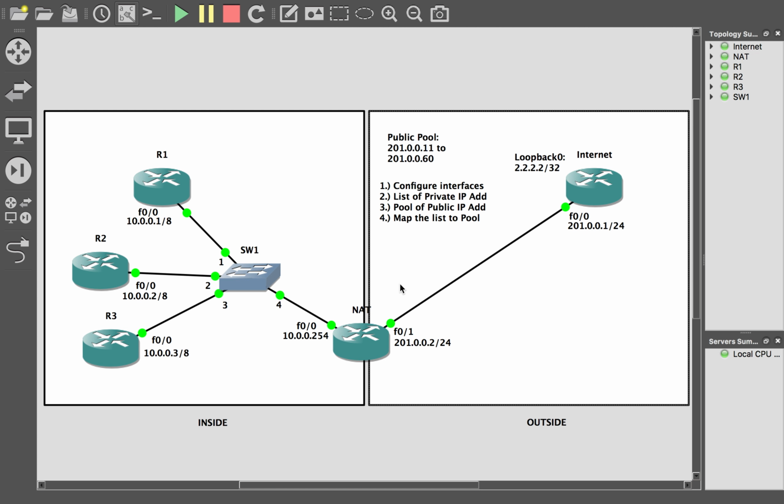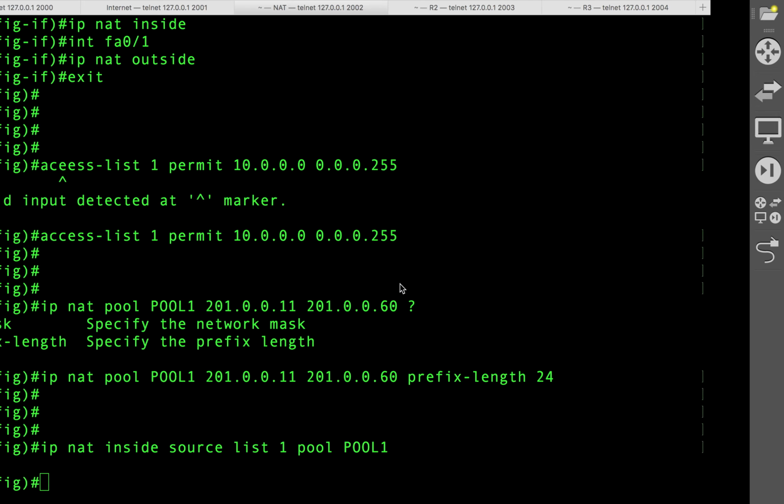Now let's go ahead and try to access the internet from router 1, 2 and 3. So I'm going to reshuffle it. I'll start accessing it from router 3, and then I'll go to router 2 and router 1. So they should receive the public IP addresses 11, 12 and 13 as they go to the internet router. So let me go to router 3,